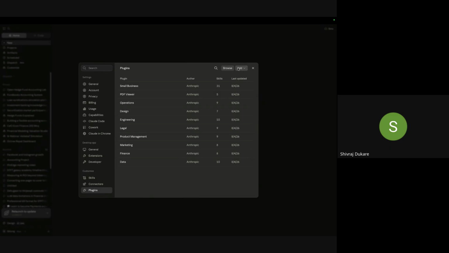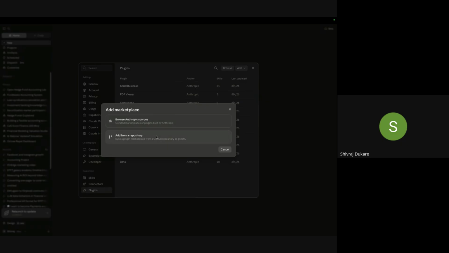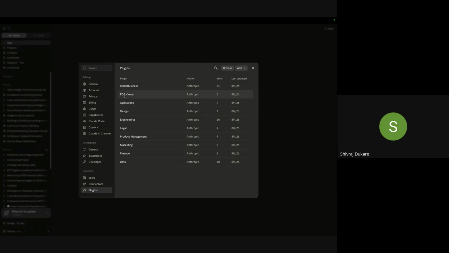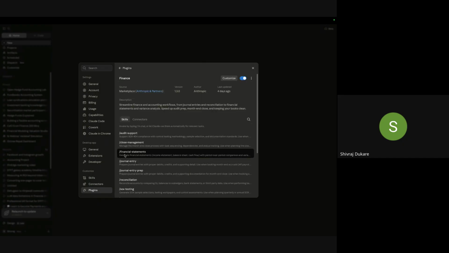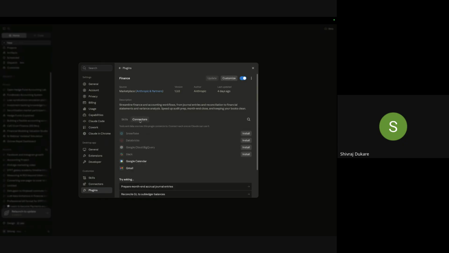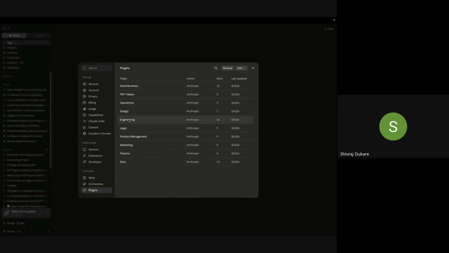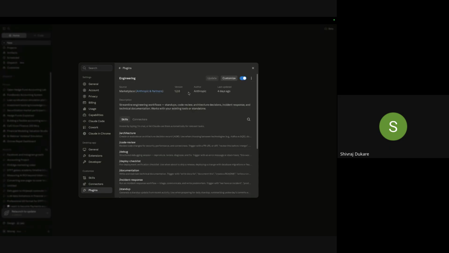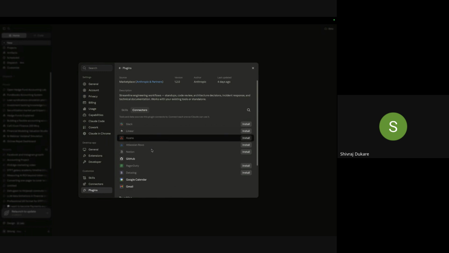So plugins, again, if you have any plugins from the outside, for example, if you look at this one, the small business PDF viewer or operations designs and all. So these are the plugins. If you're from finance, I would suggest you enable this plugin and the required connectors as well. But if you're not from finance, if you're from engineering and all, the plugins which are already provided, and the connectors which are also there,